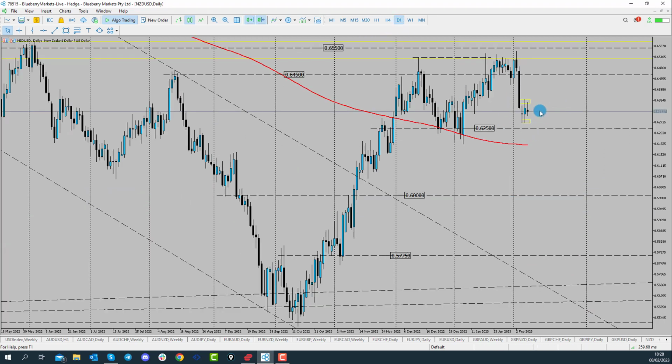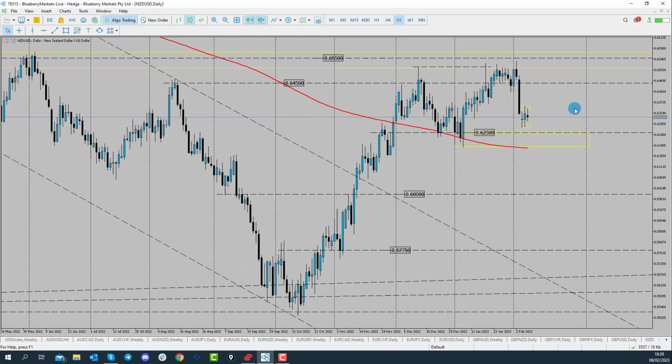I think, however, we are approaching that main supporting area, so I would expect maybe some buy-ins come in this sort of range here. So I would want to see this cleared before continuing to look for the short. However, opportunities to that point could be a good idea, so keep your eye on that. New Zealand dollar, the weakest currency at the moment in the market, looking for that momentum to continue lower.